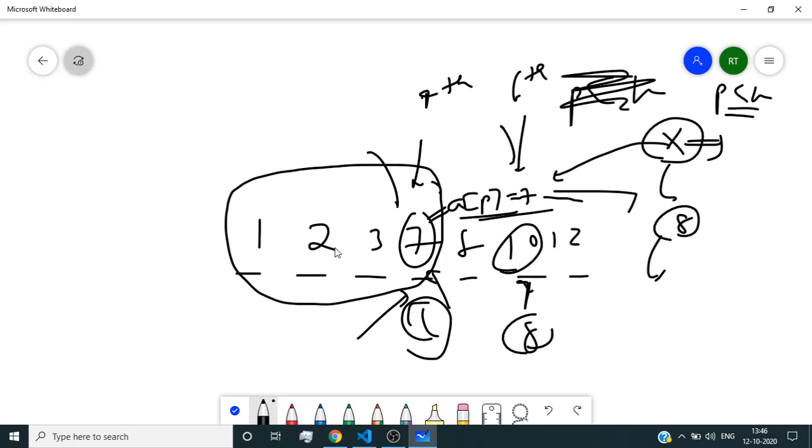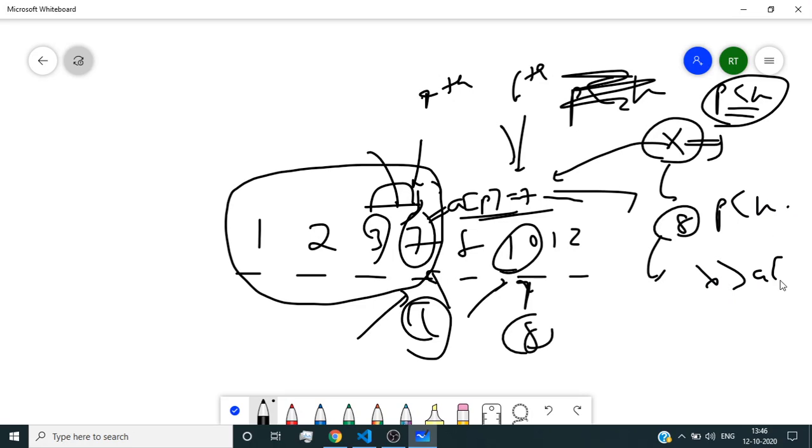We would not be able to shuffle these elements if we change that particular element with a number greater than a of p, and if we consider an element lesser than a of p, then definitely a smaller number, either equal to 7 or smaller than 7, would come here. You can also check it with some other example: if p is less than k, and x is greater than a of p, then our answer would be -1, because it would not be possible for us to come to that state.